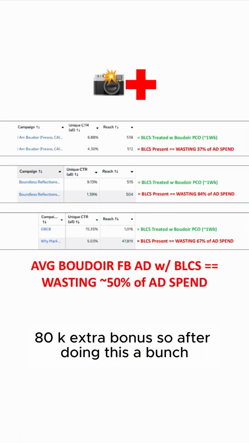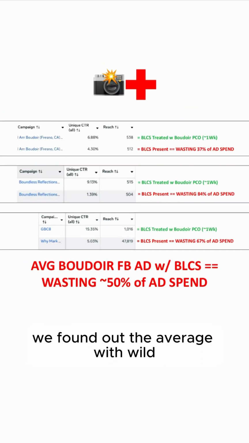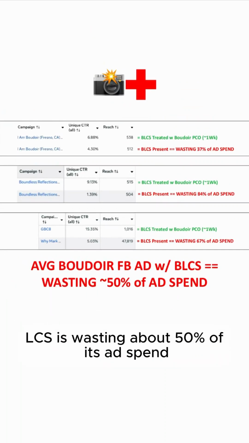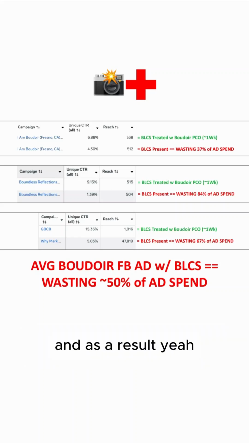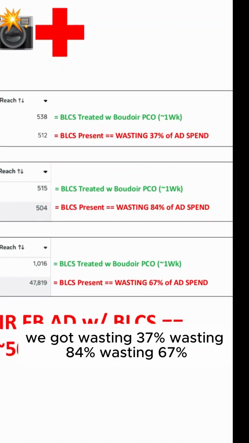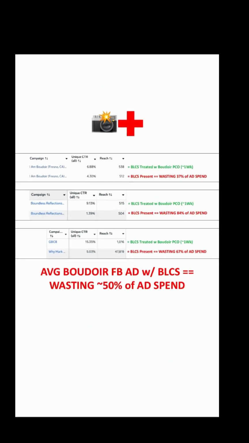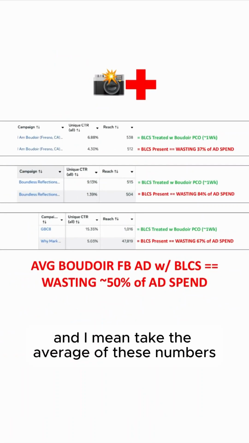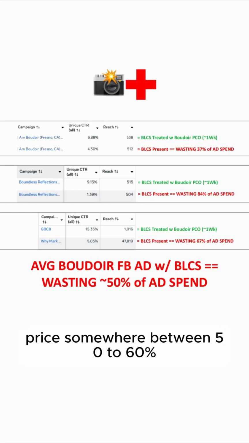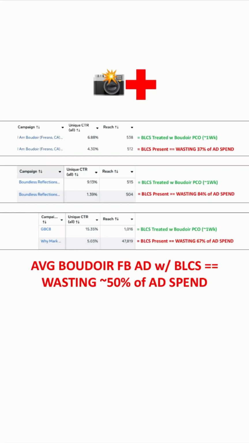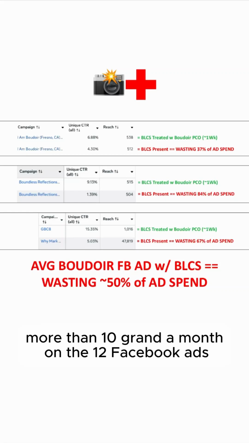So after doing this a bunch, we found out the average Boudoir Facebook ad with BLCS is wasting about 50% of its ad spend. And as a result, look at these numbers right here. We got wasting 37%, wasting 84%, wasting 67%. Take the average of these numbers, probably somewhere between 50 to 60%. So wasting about 50% of its ad spend, that means if spending more than 10 grand a month on Boudoir Facebook ads,